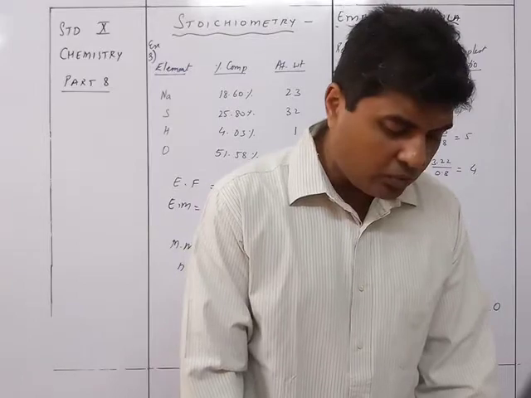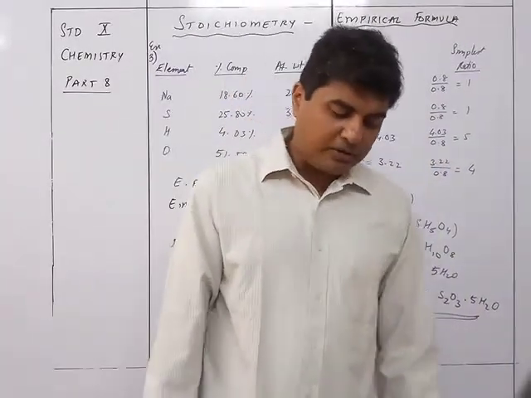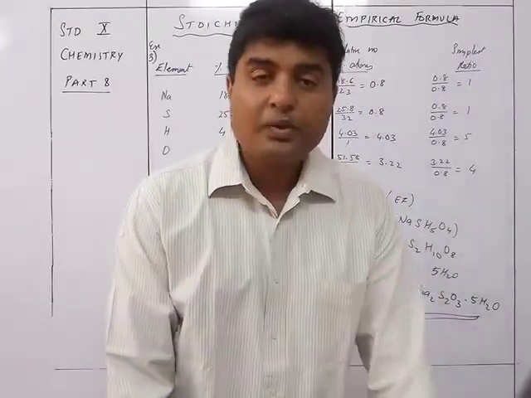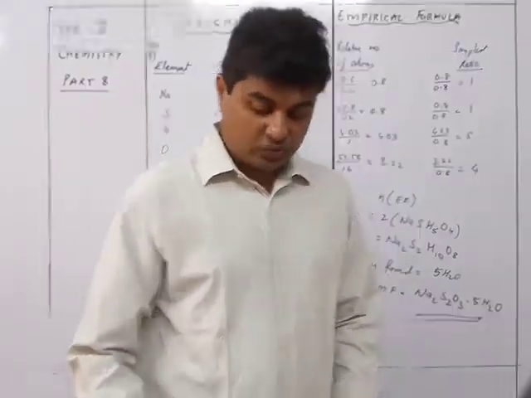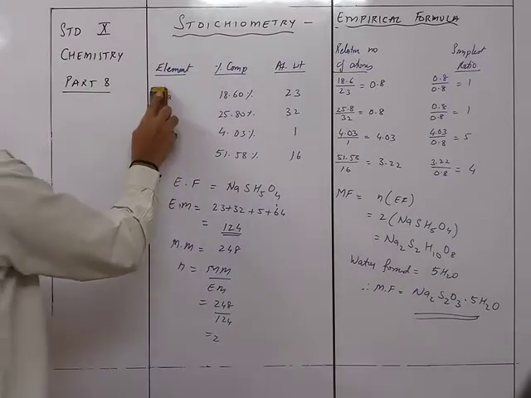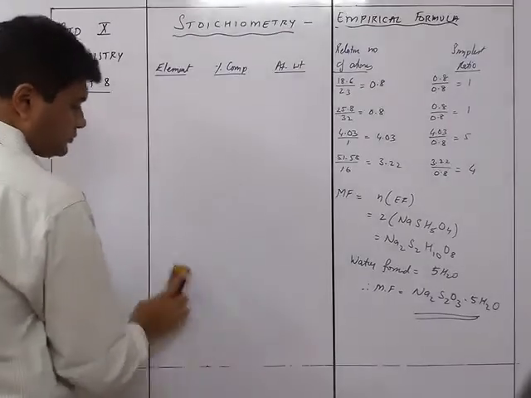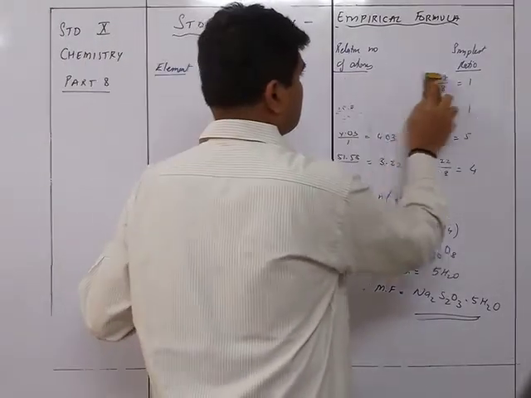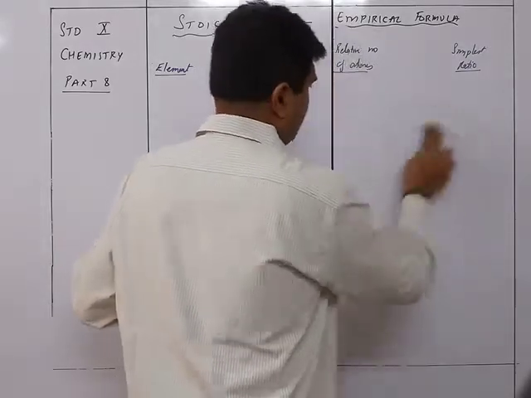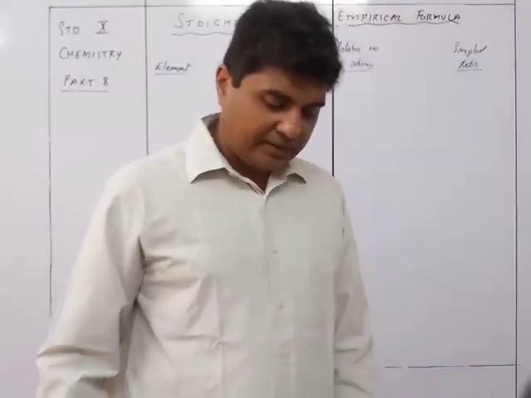Now we move on to the exercise on page number 95. That is the additional problems, and for empirical formula, that is question 2 part. So let's see the empirical formula one by one from the questions over there. Right, so what we have first is a compound with the following data.